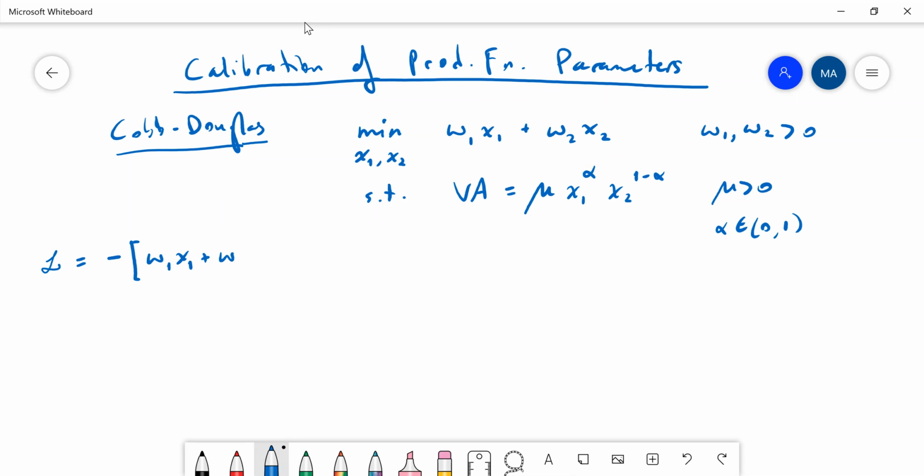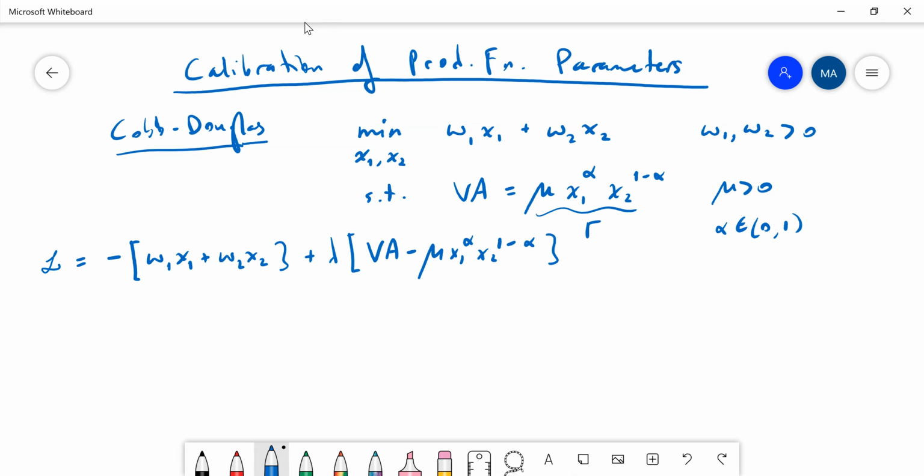You can do it in the way you always use, but typically I use this. So there's this Lagrange multiplier, and then there's this constraint. If you take the first-order conditions,